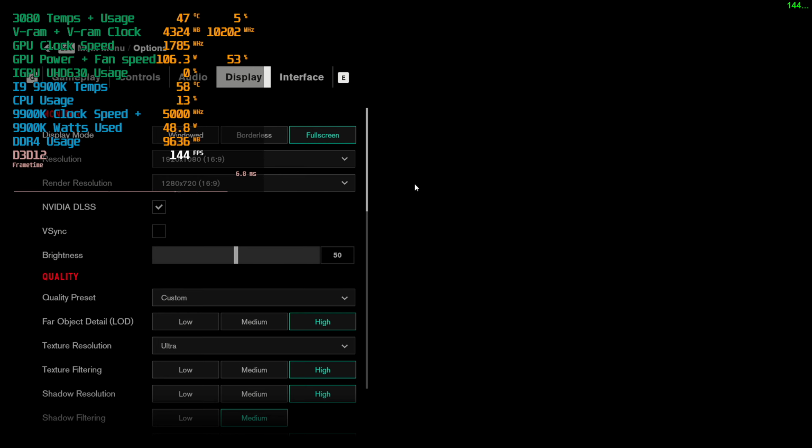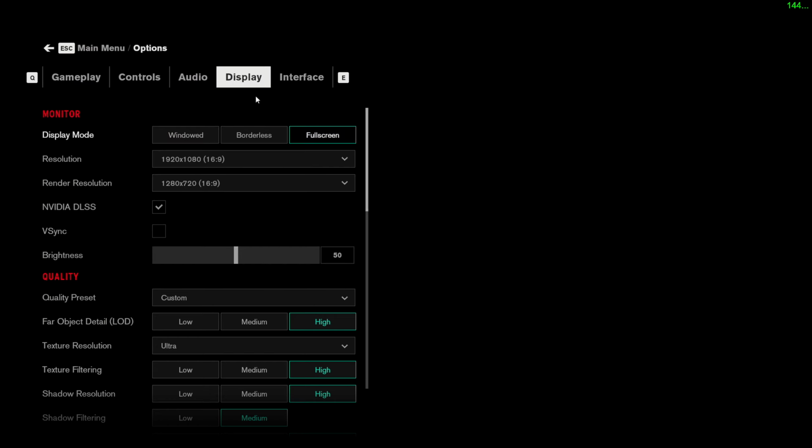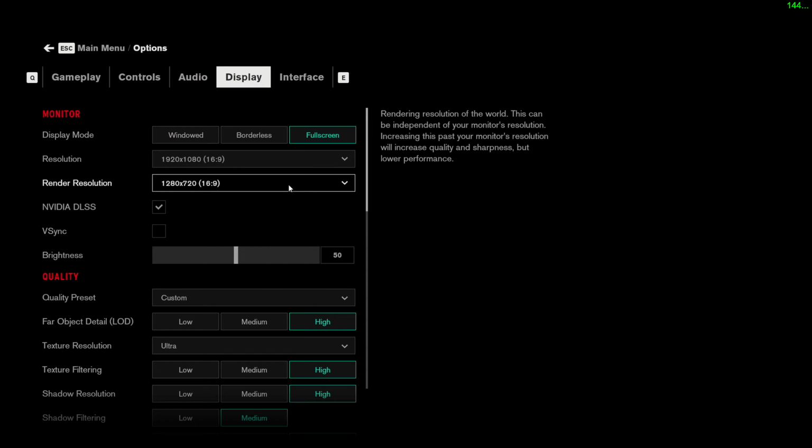Okay, today we're gonna test out the 3080 and the 9900K CPU, see how it holds up, how it performs in Control, which is basically the benchmark for NVIDIA cards, I assume. So we're gonna check it out with DLSS on,